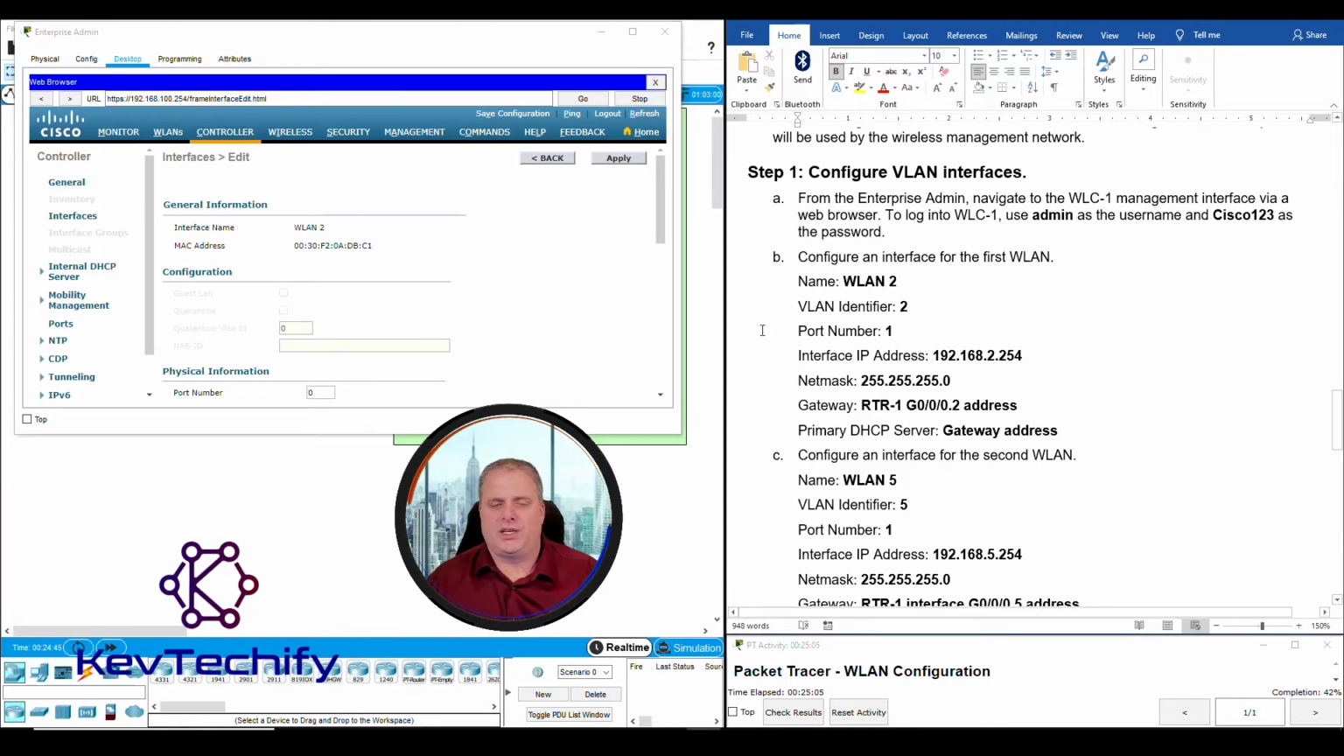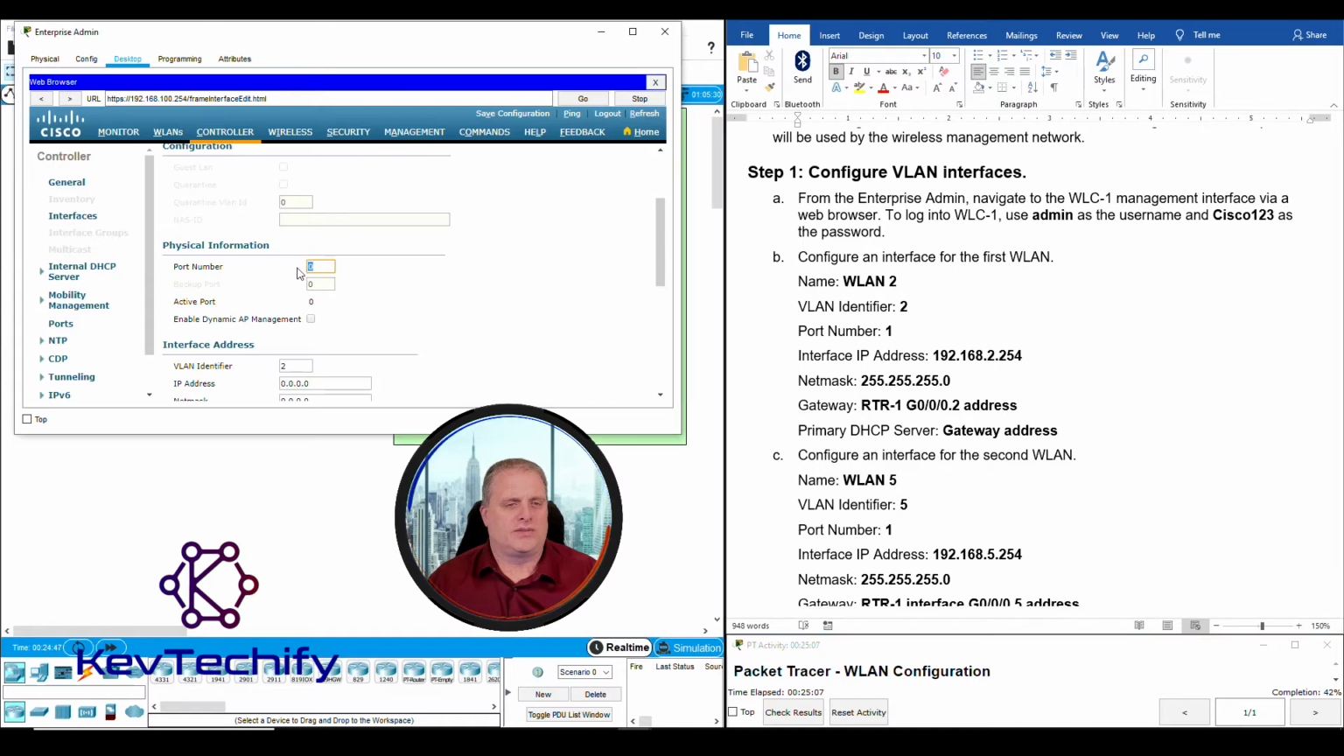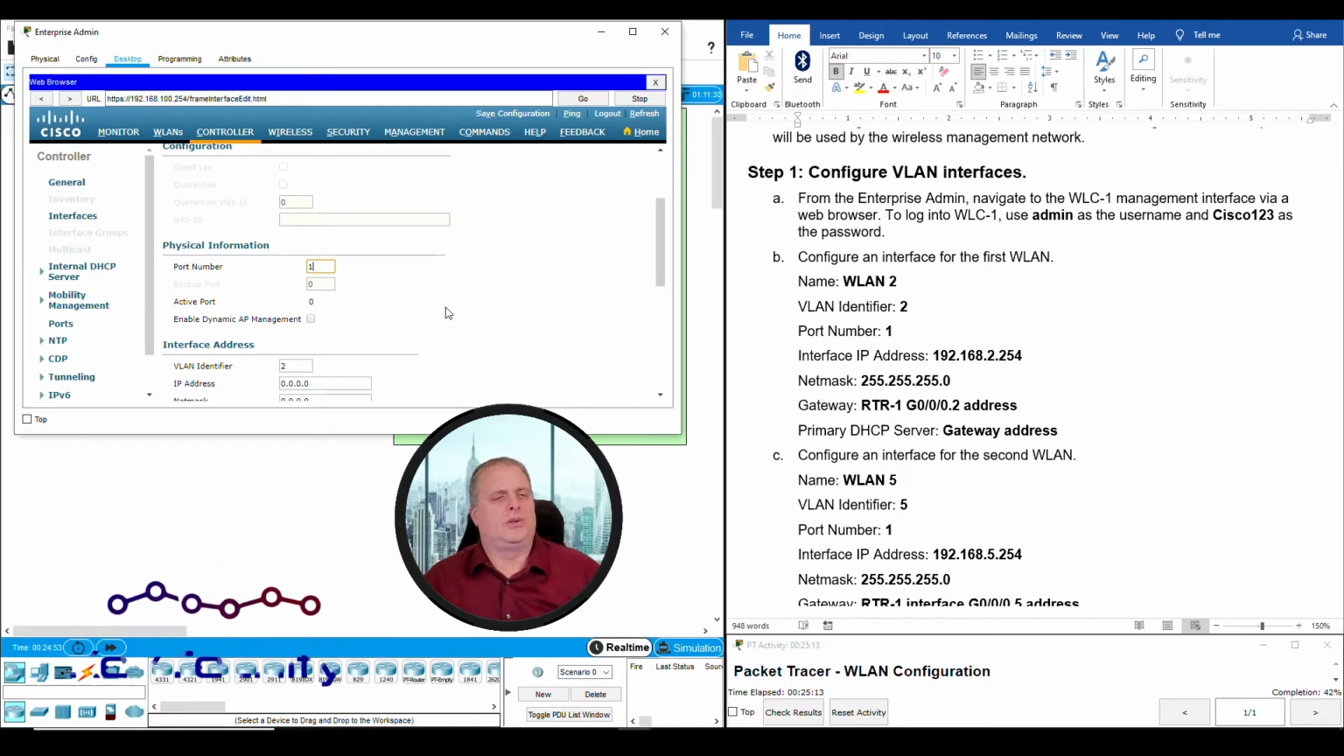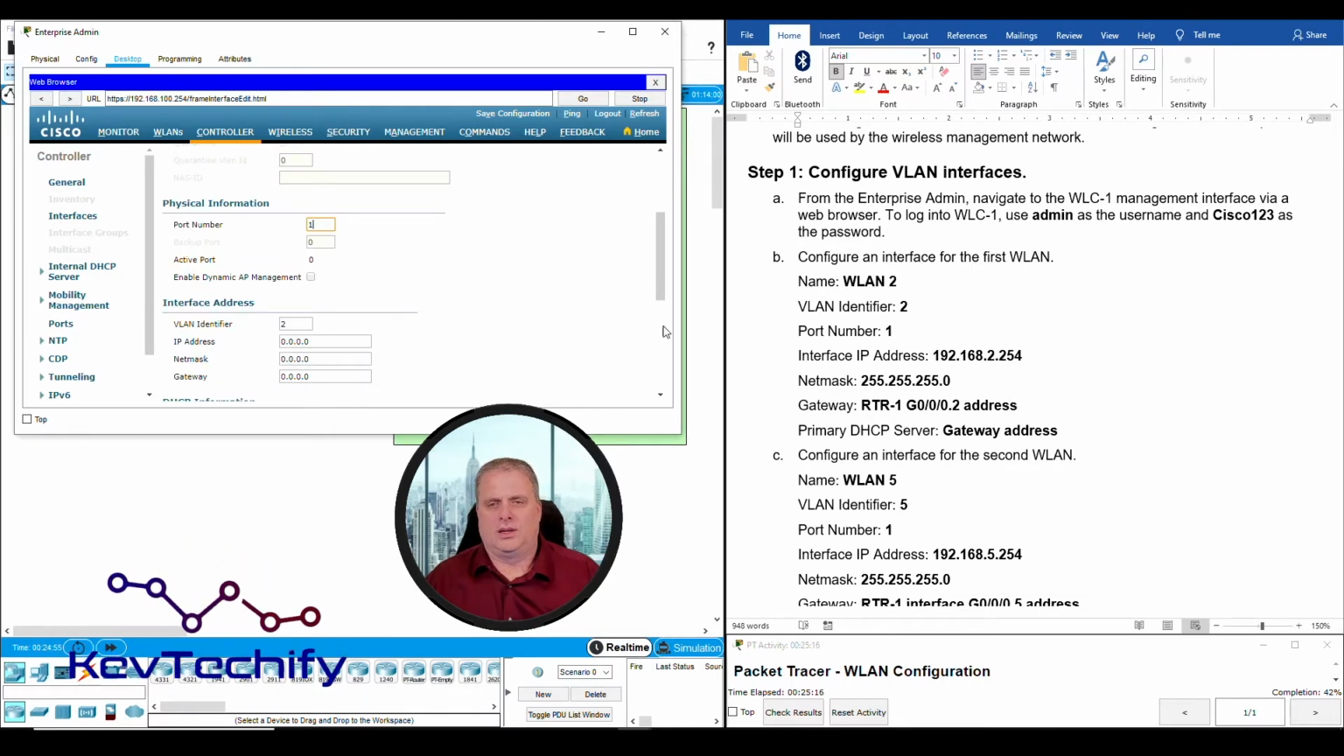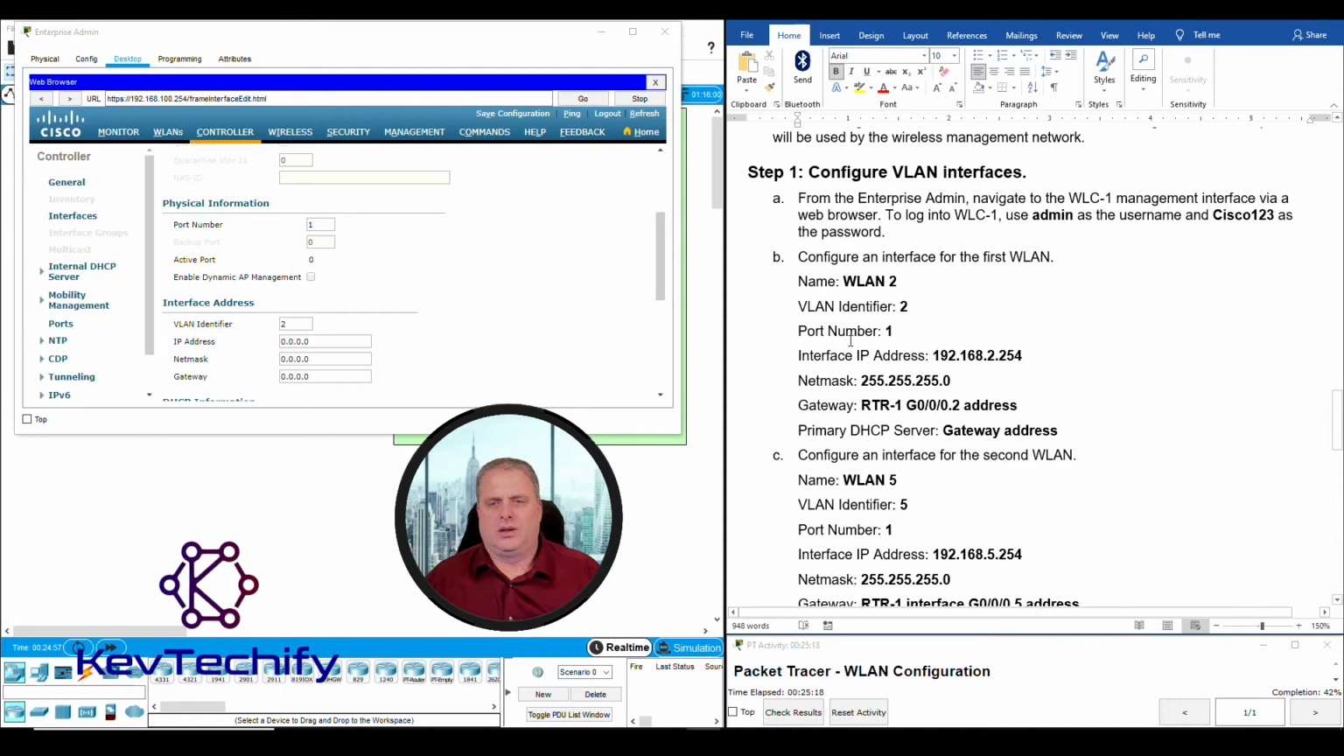Here's some more information. They want port number 1. So that's the physical port on the switch on the back of our wireless LAN controller. That's where the cable is going to get plugged into. The IP address, net mask, and then the gateway is router 1's G0/0.2 address. Okay, so let's go ahead, set up